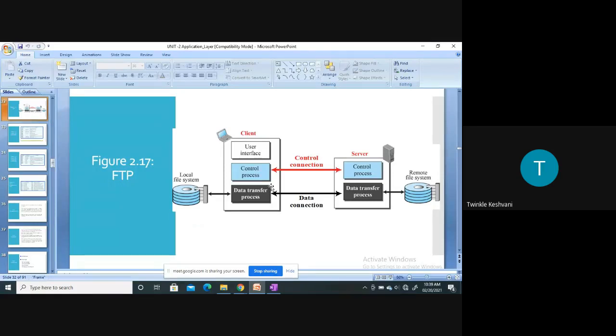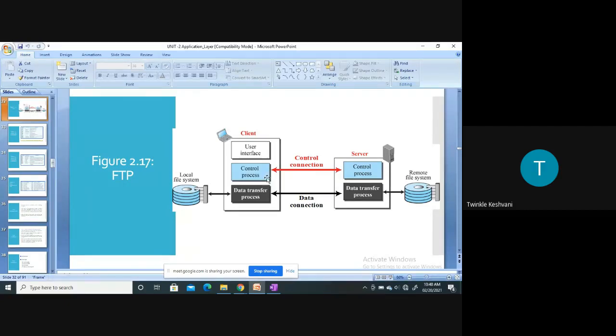We have also discussed that between the client and the server, there are mainly two entities in the FTP protocol. First is the client and the second is the server. The client program consists of three components: user interface, control process, and data transfer process. While the server consists of two components: control process and data transfer process, right?